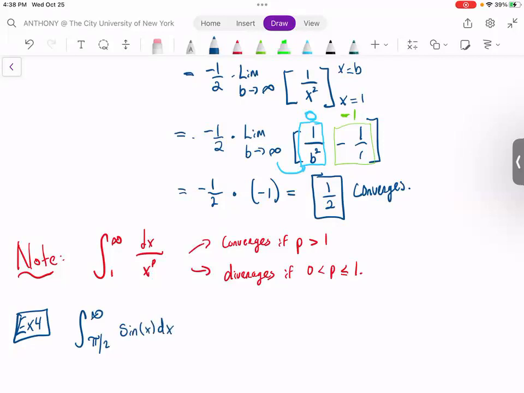You can deal with improper integrals where your function is a trig function or an exponential or logarithmic function, but you just have to make sure that the function is continuous on that interval. Sine of x is always continuous for any real number, because if you plug in any value of x,